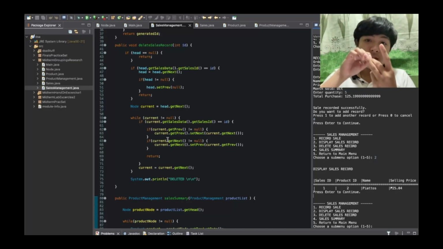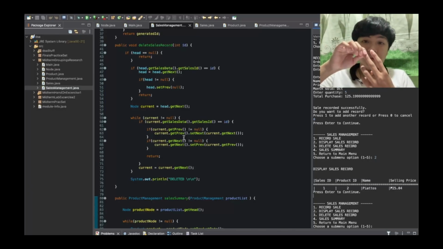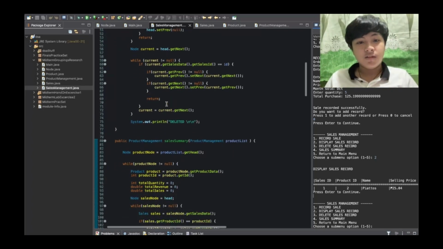Now let's say that this one is gone. Now these 2 remain. The pointers they have are still pointing to that deleted node. So the logic over here is that we need to relink them to each other like that. So the one in the middle will just get deleted. That's the logic right there.